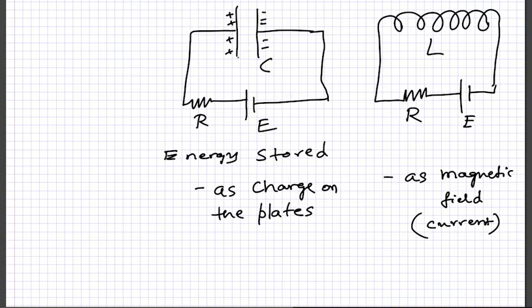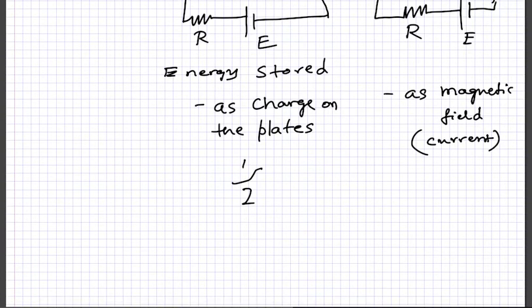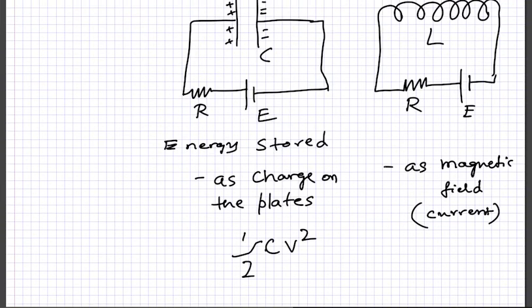So you have separated the charge between two plates of the capacitor. It was neutral before, and now you have separated them. So you have done work in separating them. That is the work done by the battery to make the two plates unequal. The work done here is nothing but the amount of charge stored, and that is actually given by half CV square. So that is the energy stored in case of a capacitor.